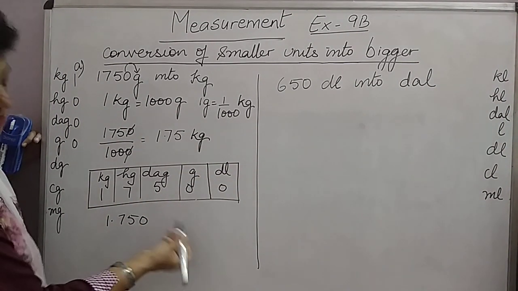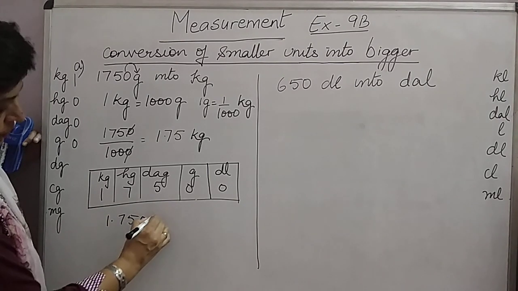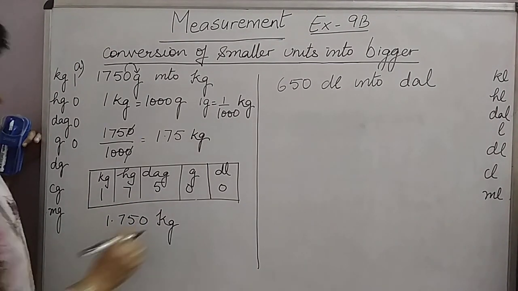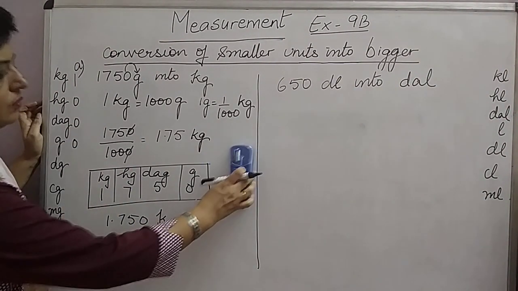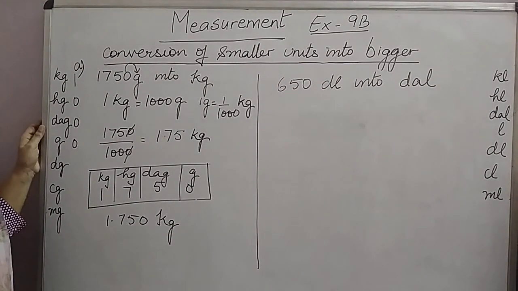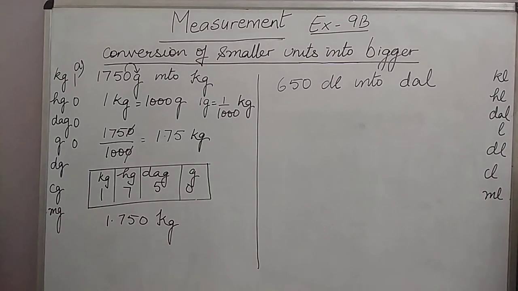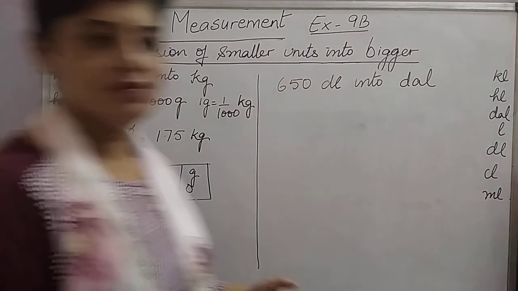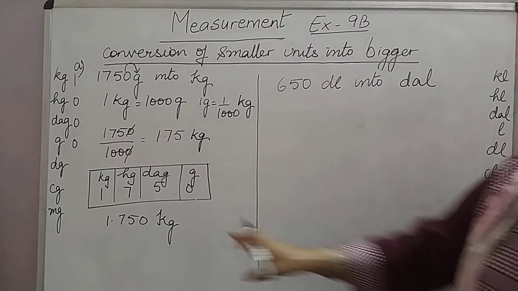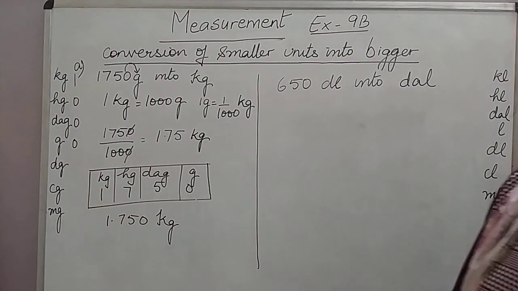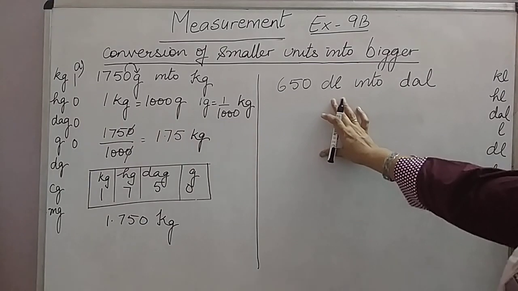Were there more digits, we will even take them. We can even put more zeros at the back. So in this case we have 1.750 kg. The answer is same. So you can follow any method. And 1.75 is equal to 1.750. Okay, these are unlike decimals. You can convert it into like decimals and we can put as many zeros at the back as we want.